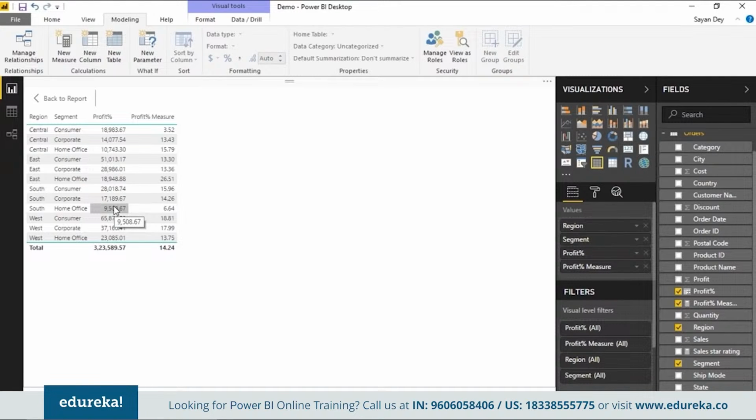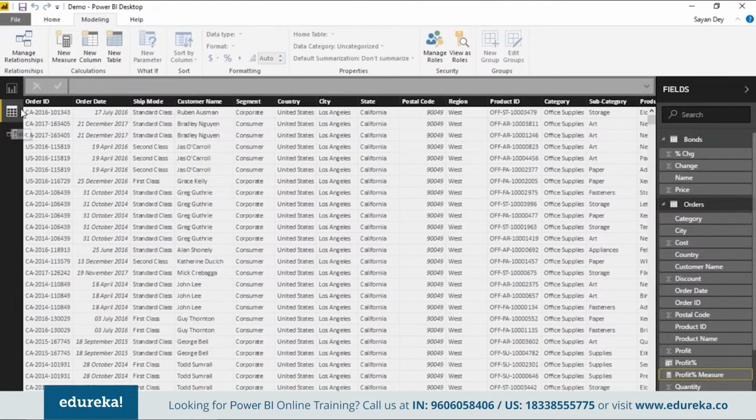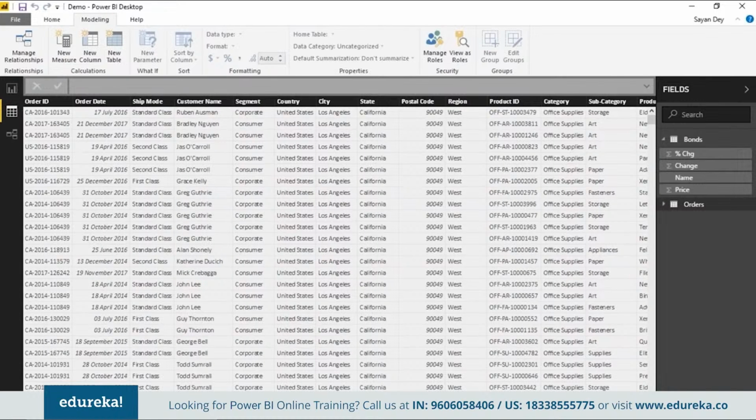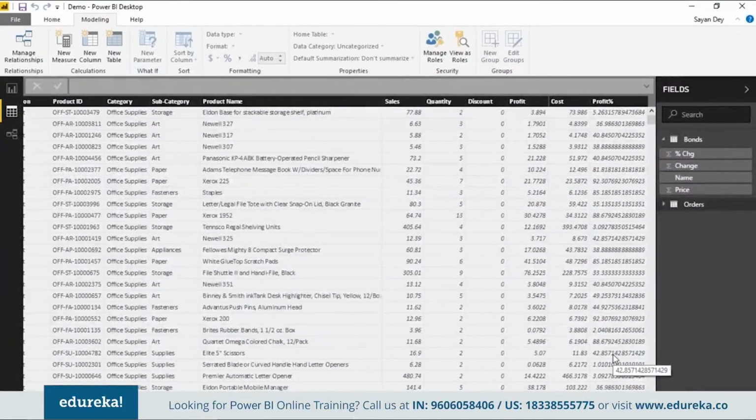When you look at the calculated column, all it is doing is summing this up. It is aggregating all the data that is already there in my model. When you go back to the model and look at the orders table, if you scroll to the right, you will see that profit percentage is calculated and stored for every single row in my model. So profit percentage is a calculated column that has been calculated for every single instance of the row, and that is stored in my model.